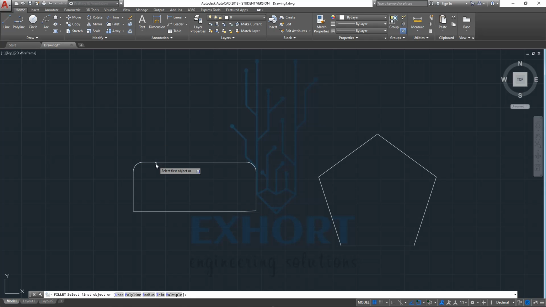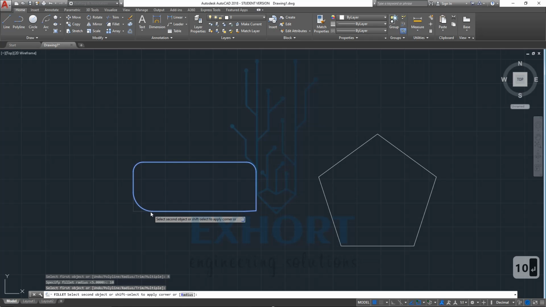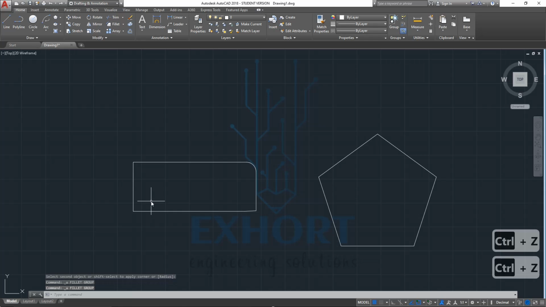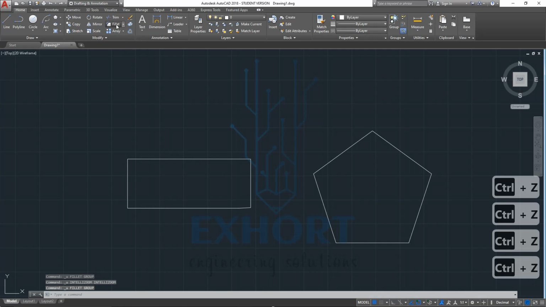If we want to change our radius we can simply go to radius and change it. I will say I want 10 mm, hit enter. Now you will notice the difference: a fillet of 5 mm and one of 10 mm has been created.